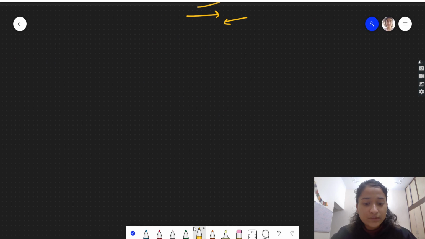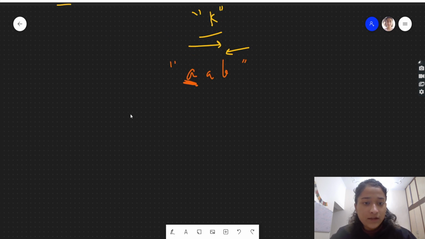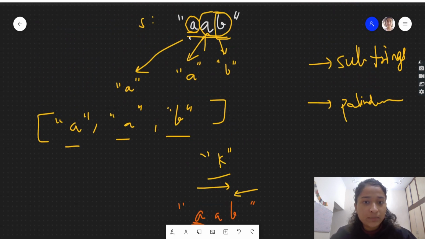Now for the same string, let's see if there is any other palindromic partitioning possible or not. We have AAB, this was the string. Earlier we had taken this single A only, and we saw that it was a palindrome, and then we looked at the rest of the substring, which was AB.